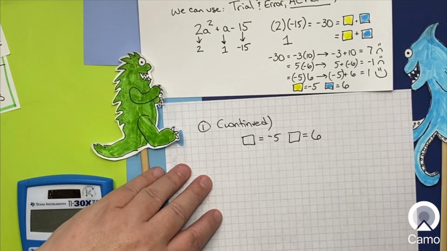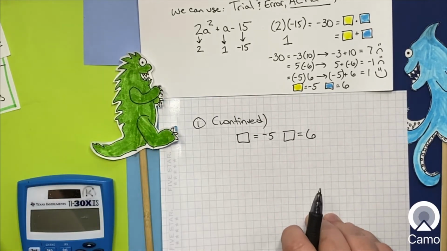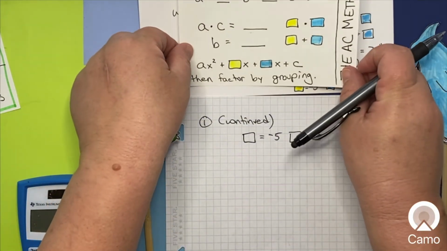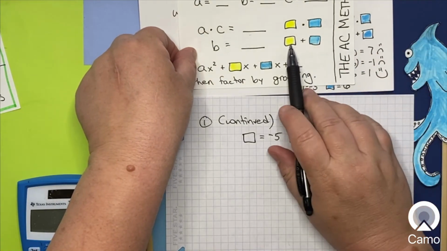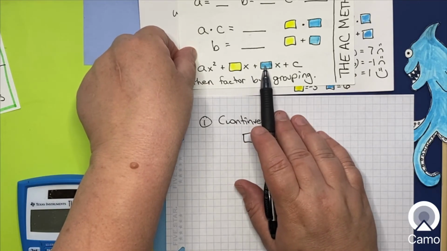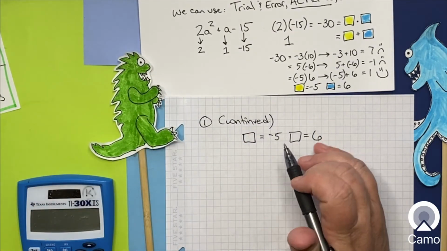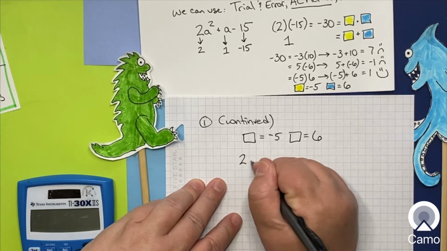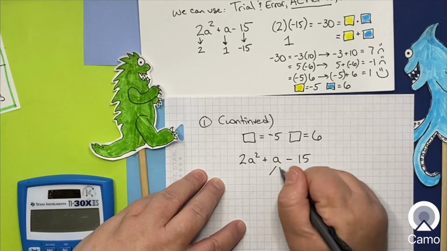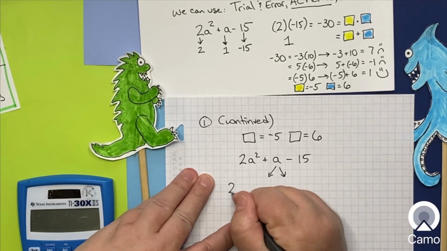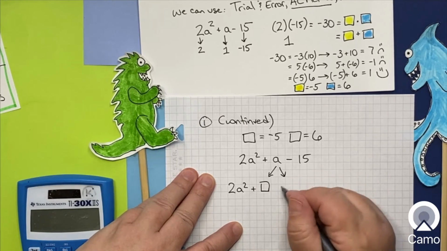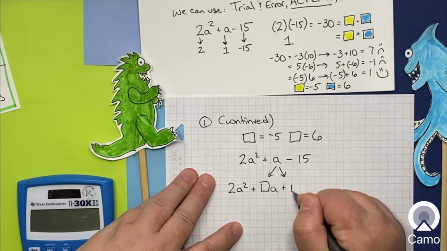And then the next part of the AC method comes up. Remember that the next part is, once you know what the yellow and the blue are, you split the middle term into the yellow and the blue. What does that mean? So I'm going to take 2a² plus a minus 15, and the middle term is going to become 2a² plus, and then yellow, and then blue